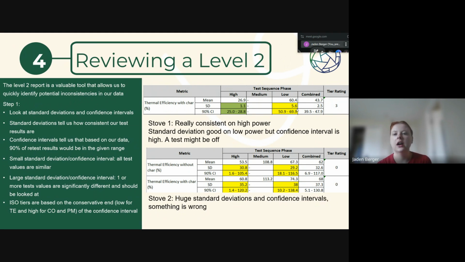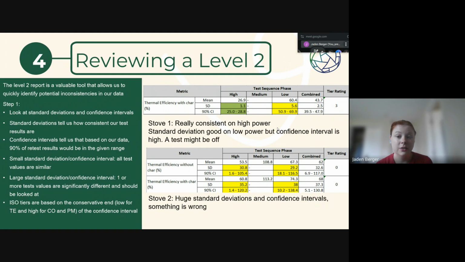It's going to take the upper tier of your confidence interval. So basically, even though we have a 60% average, for ISO, they would only be looking at this lower tier of 50%. So if you have a large confidence interval, that can drop you one or two tiers in your ratings,